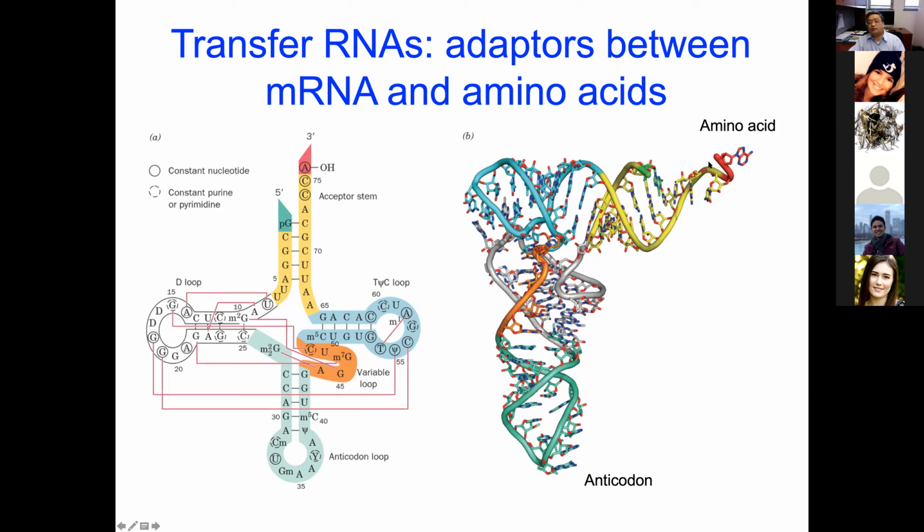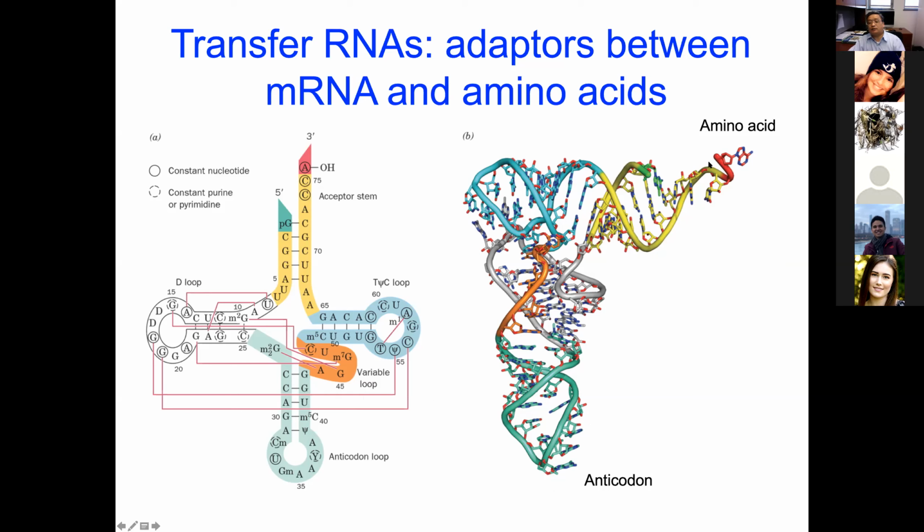So two very important recognition steps happen in protein synthesis. The one step is that the correct amino acid must be attached to the correct tRNA molecule by the enzyme called aminoacyl-tRNA synthetase. We'll talk about those enzymes in a moment. So you add the correct amino acid to the correct tRNA, and this family of enzymes is involved in this process. For every amino acid, there's an enzyme which recognizes the tRNA and then adds the correct amino acid to the 3' end of the tRNA molecule.